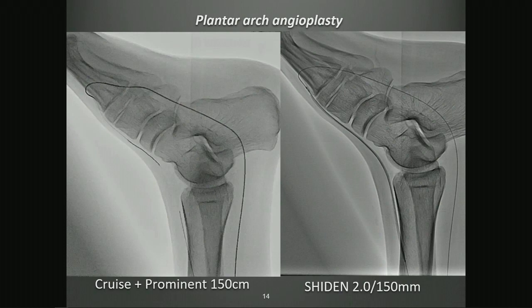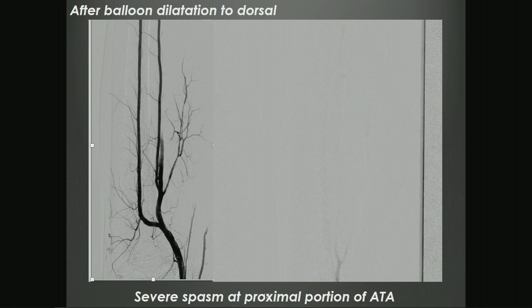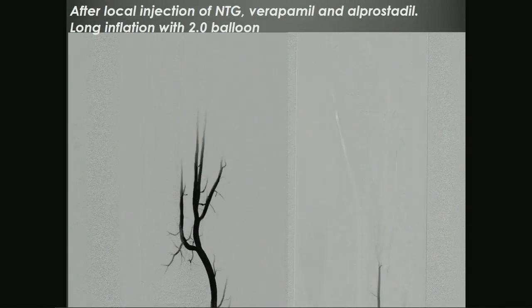And also, the PTA is easily occluded again, maybe. So we performed plantar arch angioplasty with a 2-millimeter balloon. Now, the wire can easily cross to the dorsal artery from the retrograde access. After the dilatation of the dorsal artery,